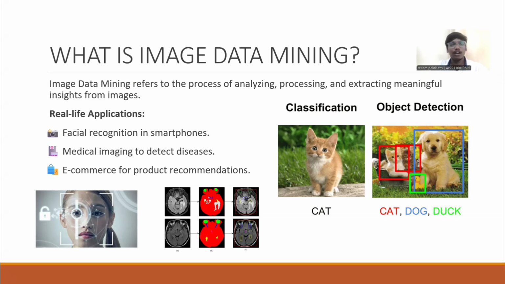And these are some of the real life applications. First one is face recognition in smartphones, and second one is medical imaging to detect diseases. And third one is e-commerce for product recommendations. And these are some of the example images. This first one is face detection, which we use in phones to unlock our phone. And these are the X-rays that are used by hospitals. So coming to the next slide,